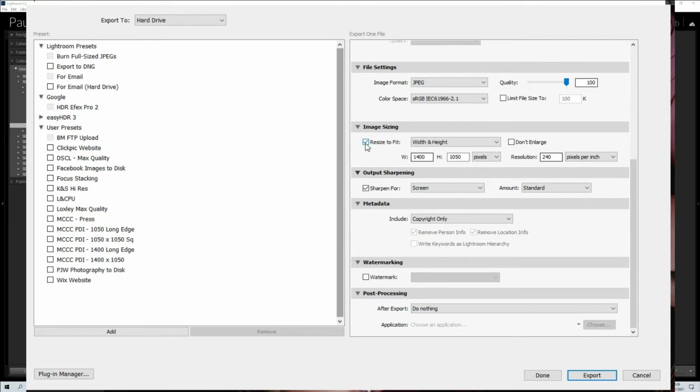This is the important bit now. To make the image sizing work, you have to click the tick box resize to fit. Because we're looking at the width and the height together, that's the default I've selected here. You can select long edge or short edge, and depending on what you select will give you one box for your pixel measurements. But I'm selecting in this case width and height. So I need to input that 1400 wide by 1050 tall in pixels,